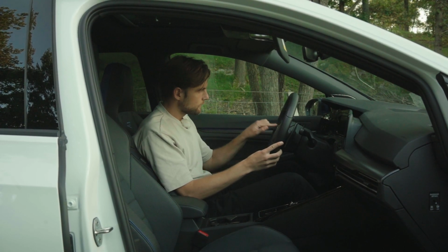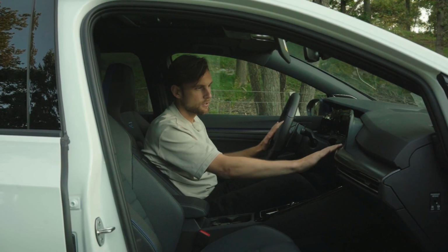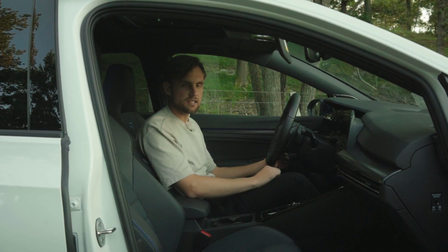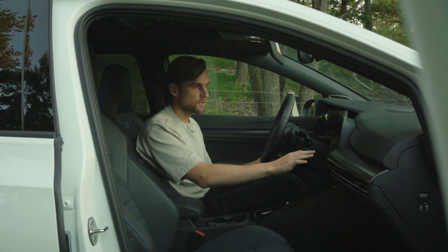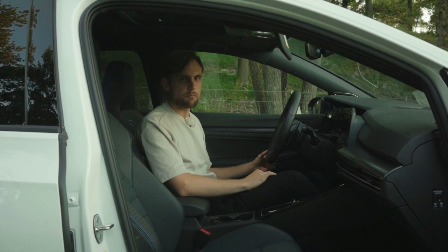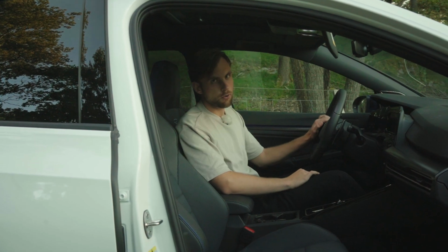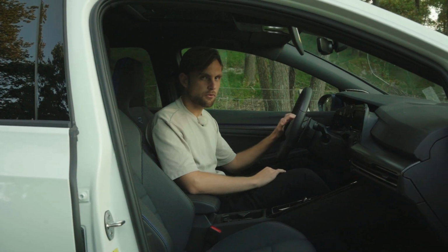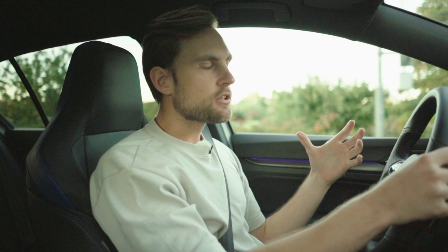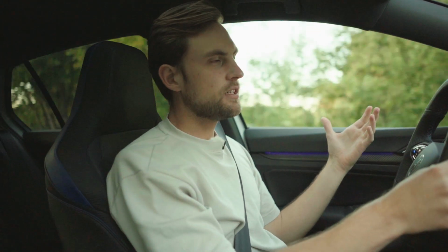the no buttons on the steering wheel, and the problem with increasing and decreasing the temperature when it's dark outside. You don't see where you can do that, and the problems that other people have said about the interior of the Mark 8 Golf. There are some problems here, and I mentioned them before. I'm happy to say that the Golf R 20 years haven't lost any of the daily usable capabilities of a